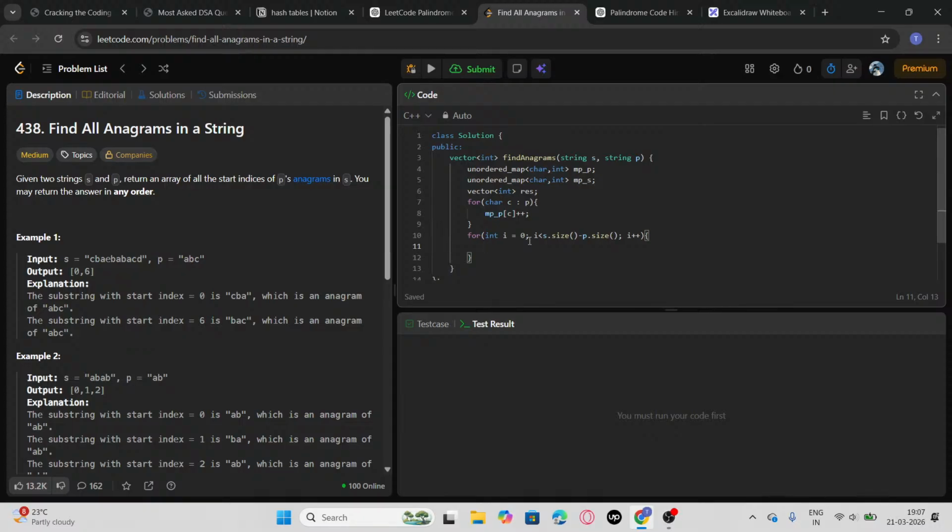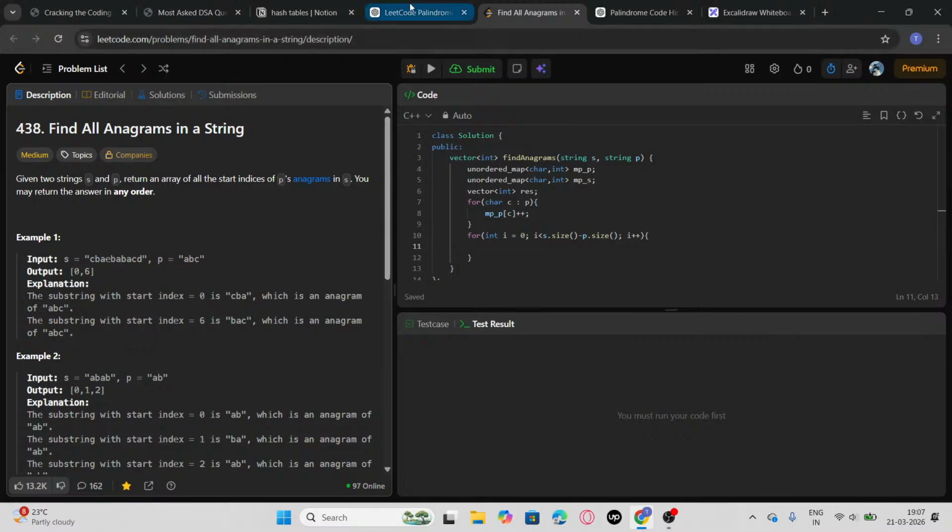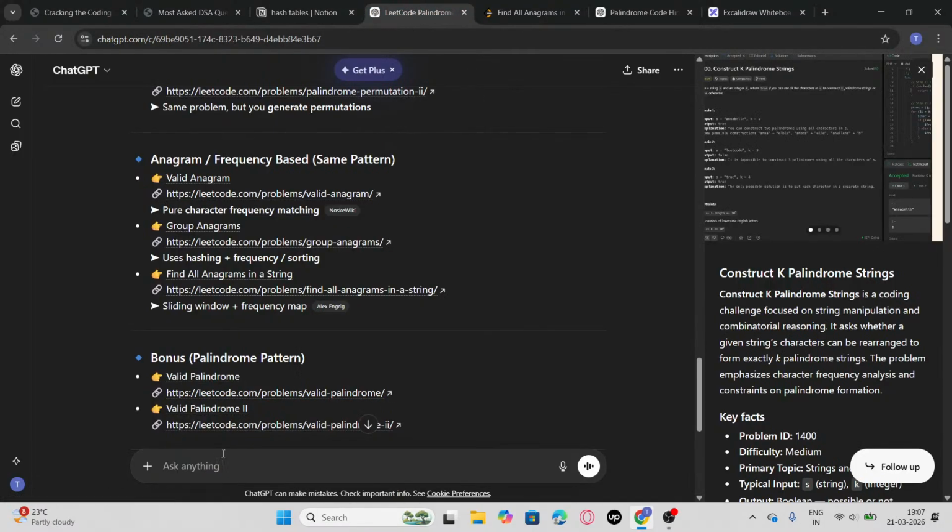I need to figure out how sliding window works because I still can't make a sliding window. I know that this is going to be solved by sliding window, but I can't make one right now. So I will mark it. I'll save it that I have to rewind it. Not my favorite, but I have to rewind. Till then,